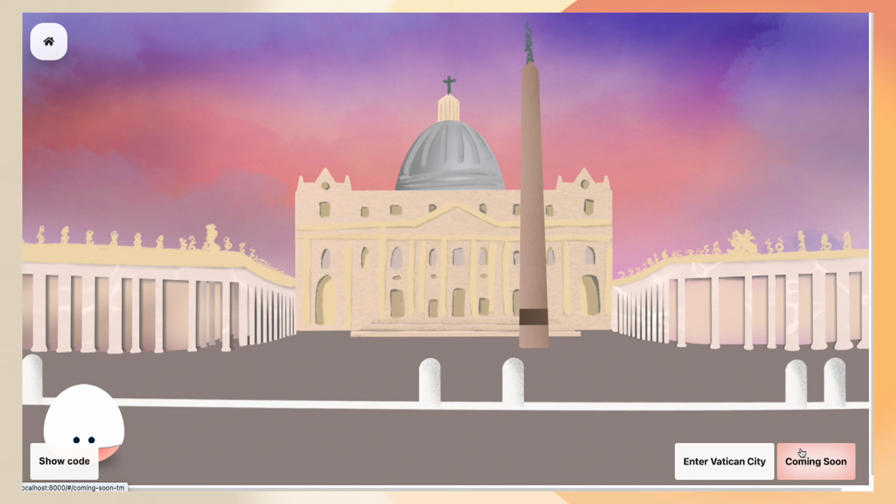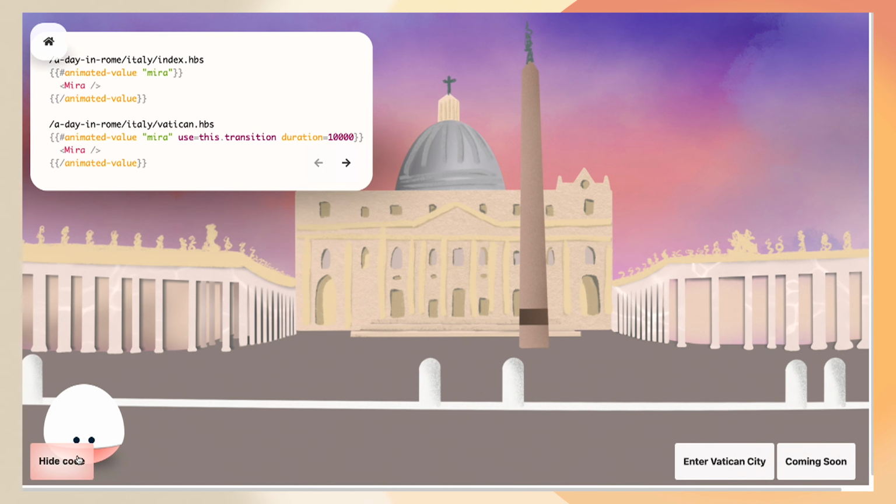And what better representation than the actual border that we have here in Rome, which is in the Vatican. So the white concrete is the border into the Vatican. And yeah, the basic setup here is the same. It's just split over two route templates. So we have animated values in this case, and we've defined it as Mira, so Ember Animated knows